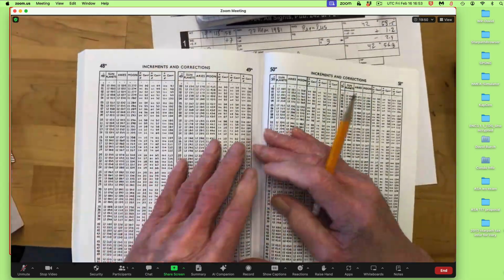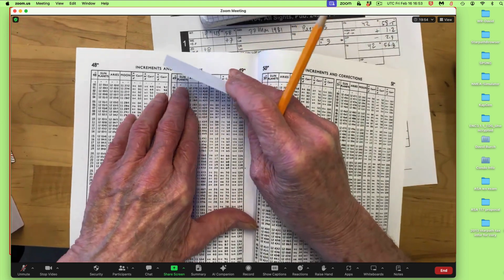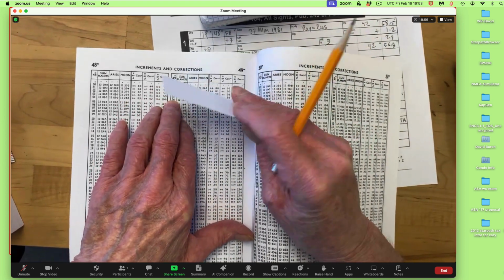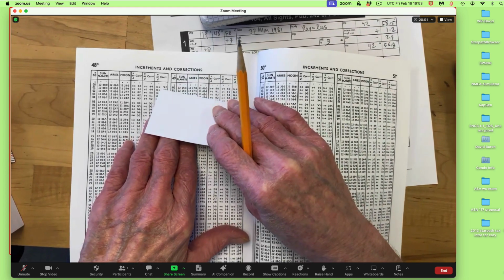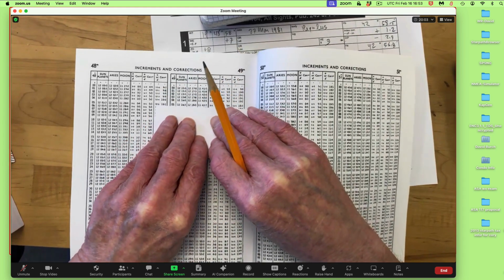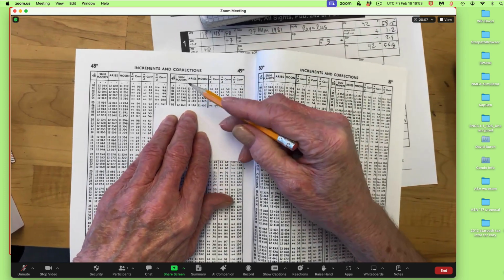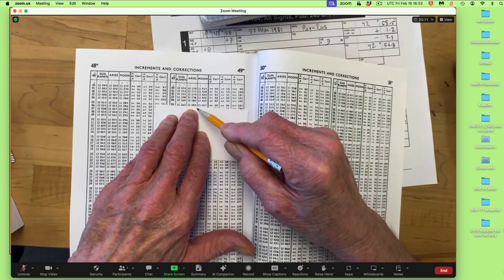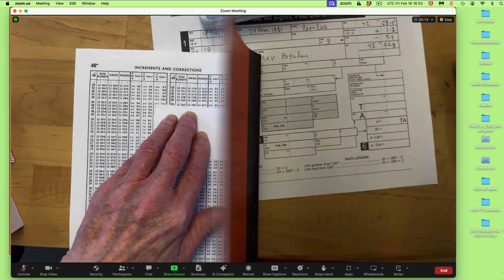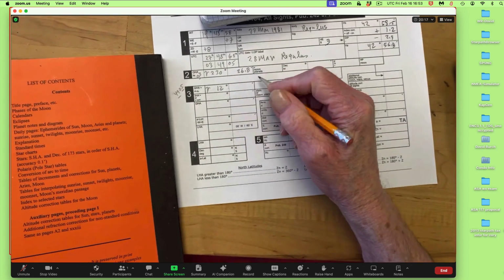Here's Aries. This is 49 minutes and 5 seconds. It looks like, can you see that? Aries, it's 12 degrees, 18.3. And that goes in here. 12 degrees,